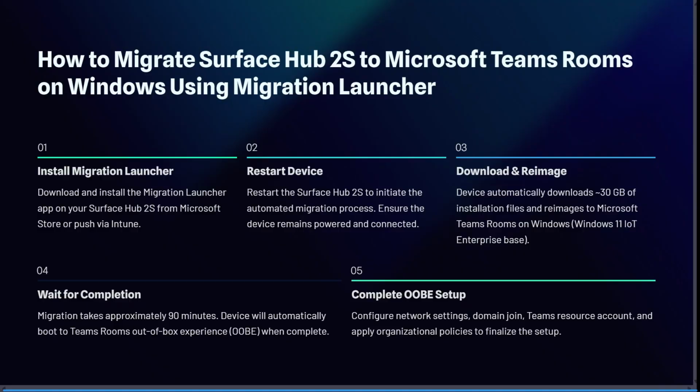Today I'm going to show you how to migrate Surface Hub 2S to Teams rooms on Windows using Migration Launcher. The first thing we need to do is install the Migration Launcher. Download and install the Migration Launcher app on your Surface Hub 2S from the Microsoft Store or push it via Intune. You can also restart the Surface Hub 2S to initiate the automated migration process. Ensure that the device